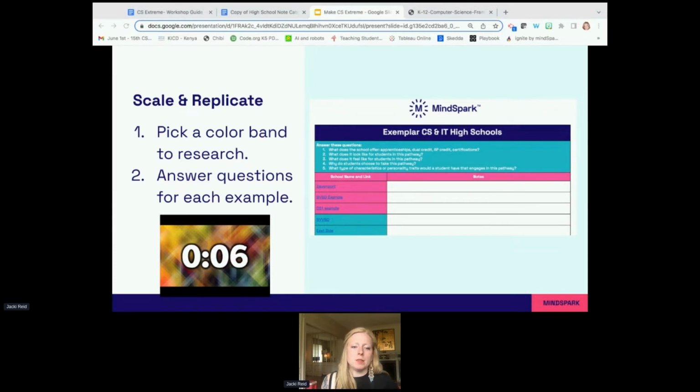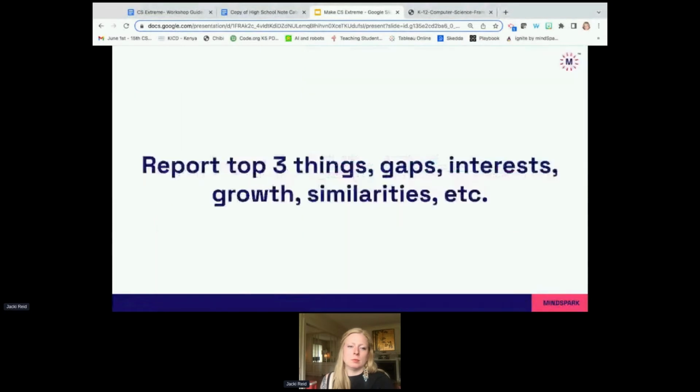Okay, let's go ahead and find a good stopping spot in your research activity. And let's take a minute and talk about the top 3 things that you found interesting, areas of growth or gaps or similarities between a high school and your high school's program. But let's think about those top 3 things and add that to your workshop guide,